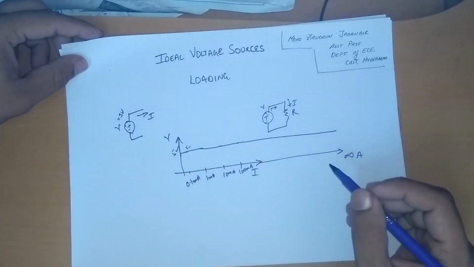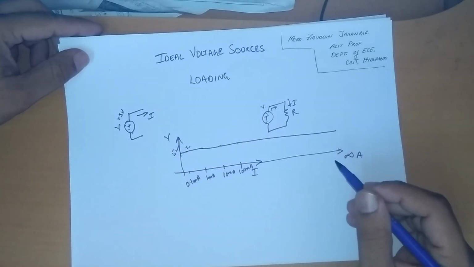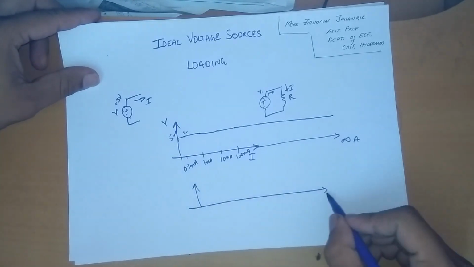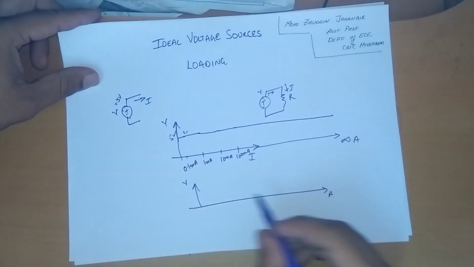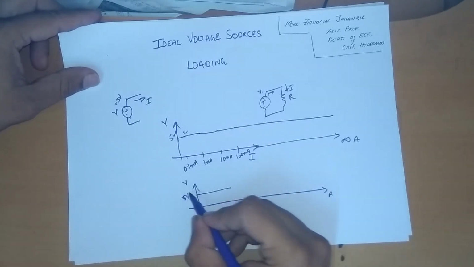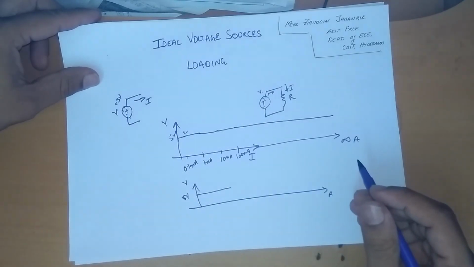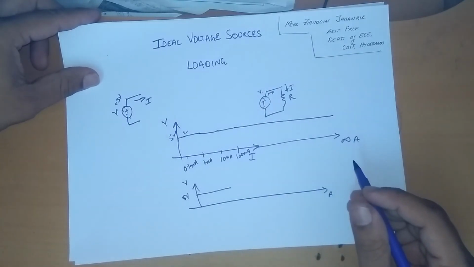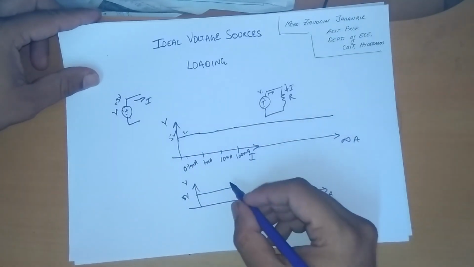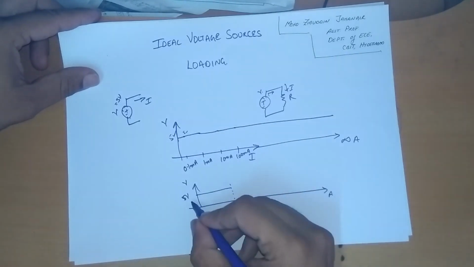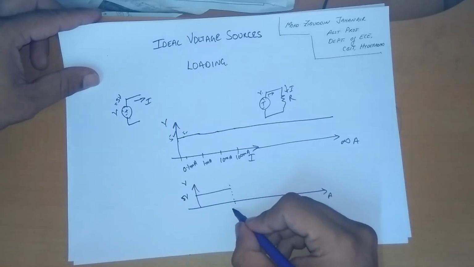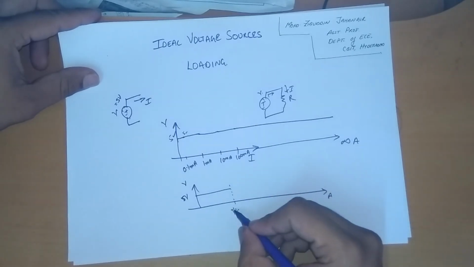But we know no source in this world is ideal. So all the sources are practical. So what do you mean by practical sources? That means a practical source is going to provide a defined voltage. Let us assume there's a voltage source of 5 volt, which is practical, which is not ideal, which is not having these characteristics. The limitation on that particular source is that it is going to maintain its voltage constant only if you draw a current which is less than some threshold value, some IT.